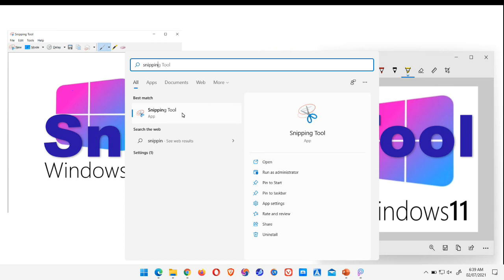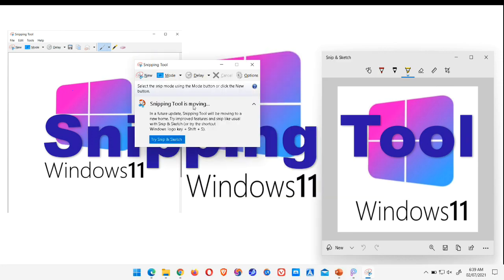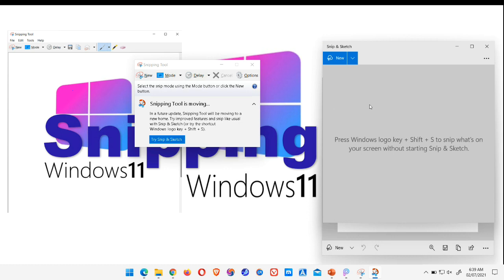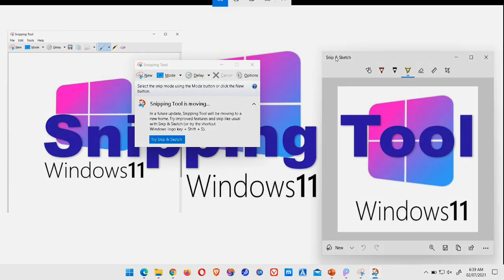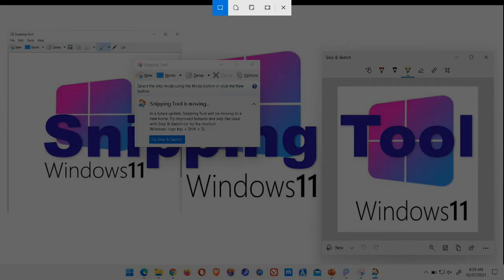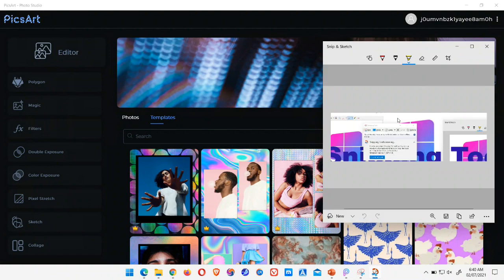So if I click on the snipping tool, you will get a message: snipping tool is moving. It means that in future releases we will not find the previous version of snipping tool, we will find only the newest version of snipping tool, and they have named it as snip and sketch. So once I click on snip and sketch, it has opened a new window, and once I click on new, I can take any picture and at the same time I can draw anything,